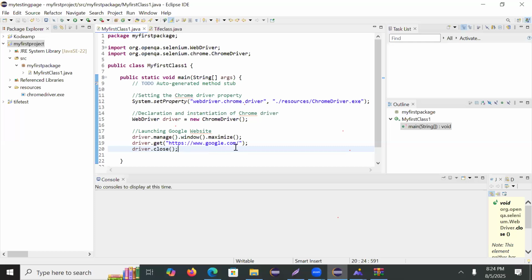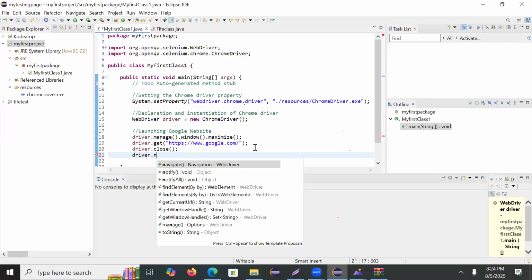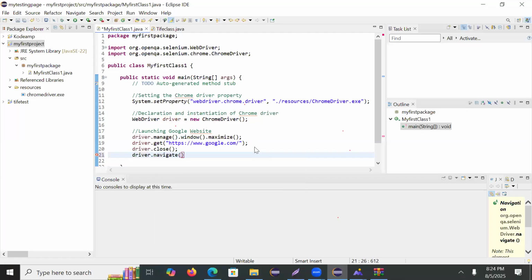And we can use driver.navigate also. Then we'll provide the URL we want to navigate to, like maybe from Google to something. Always make sure that your